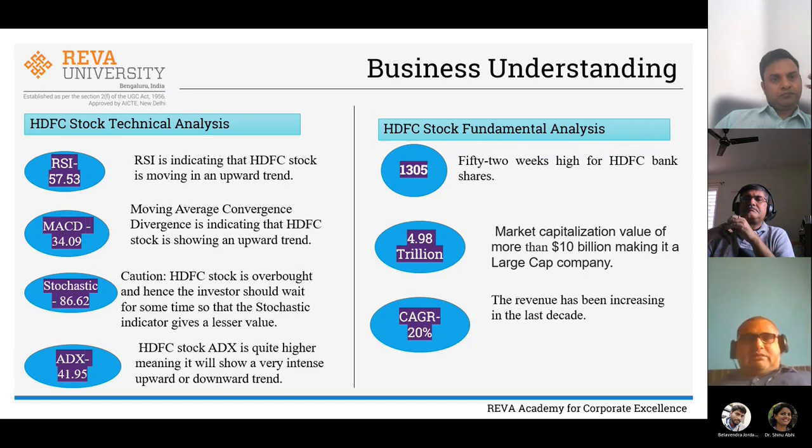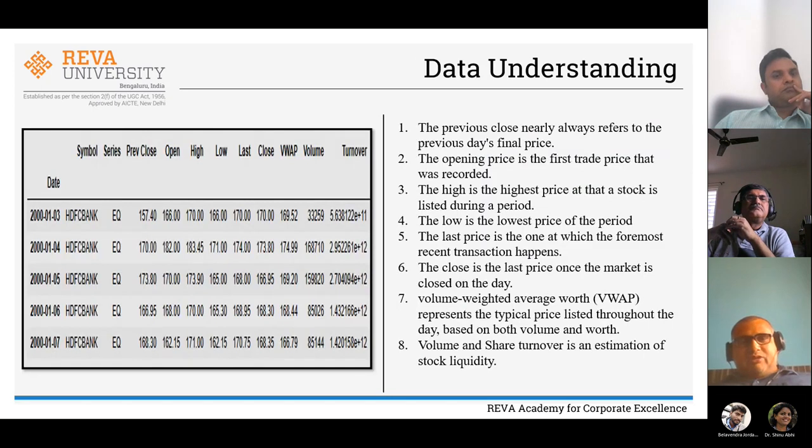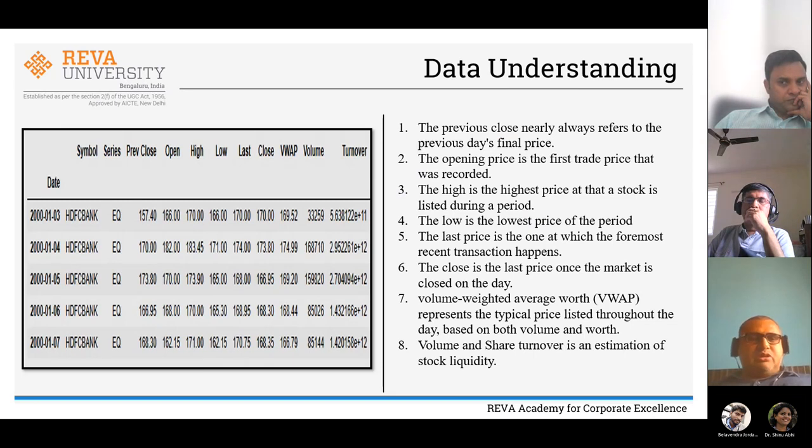Then the data understanding. The data set that we have taken under consideration is the Egyptian stock. Here we have different kinds of series. We have equities series, we have futures series, we have options series, based on the nature of the data that is being taken for consideration. Equity series is actually used for demat trading, where you can use it for delivery trading, and you can also use it for intraday trading, based on your comfort, where